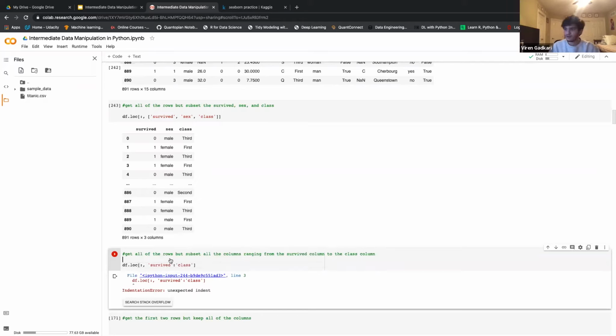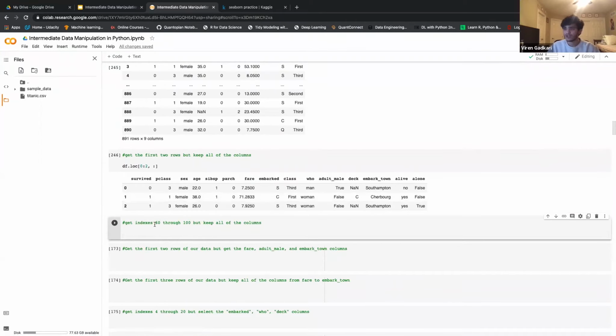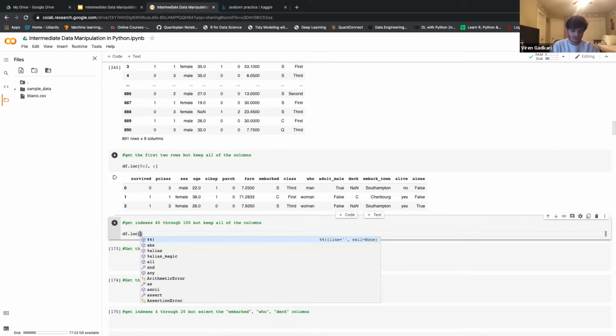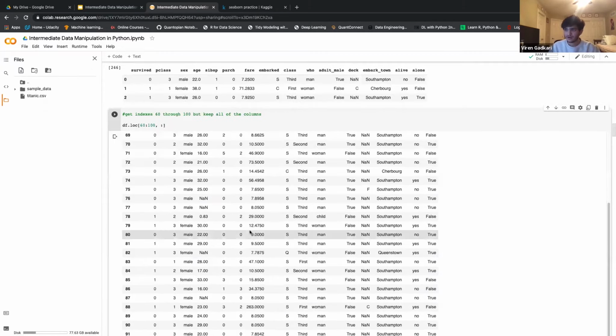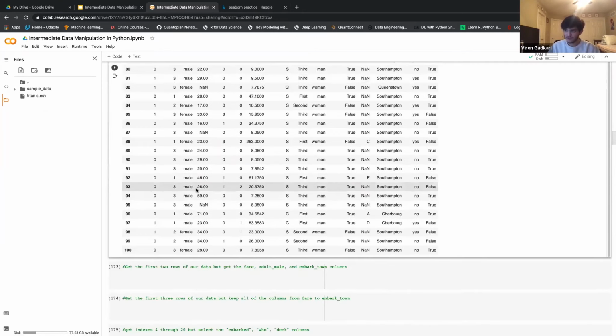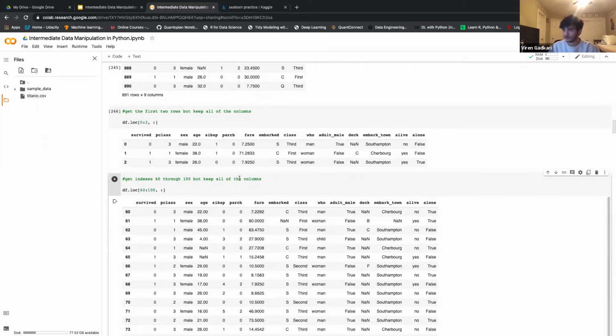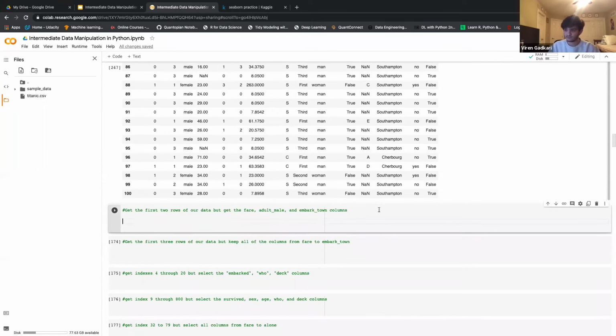So this is the beauty of loc, because we can specify how many samples we want and slice it that way. Let's say we want to get indexes 60 through 100. We can do that as well. Let's go df.loc and let's do 60 to 100, and keep all of the columns. This slices that part of the data set. So we get all of these rows and all of the columns. So you see how this is helpful when we want to split our data set later on